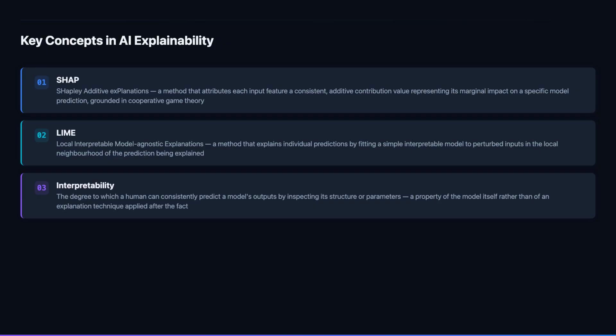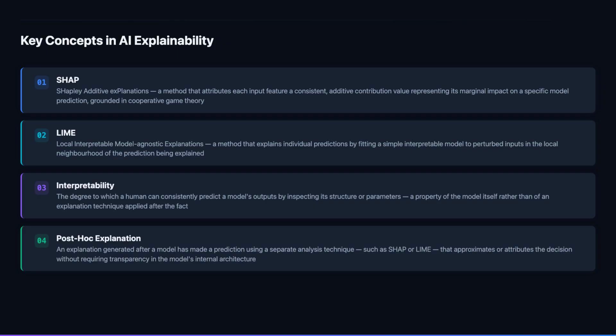The distinction matters because interpretable models offer verifiable transparency. Humans can audit the model logic directly, while post-hoc explanations of black box models are approximations that may not faithfully represent the model's true decision process. Post-hoc explanations are the practical solution for applying explainability to the high-performing black box models that dominate production AI. Rather than constraining model choice to interpretable architectures, which often sacrifice predictive accuracy, post-hoc methods allow organizations to use the best-performing model for each task and then apply explanation techniques to understand individual predictions after the fact.